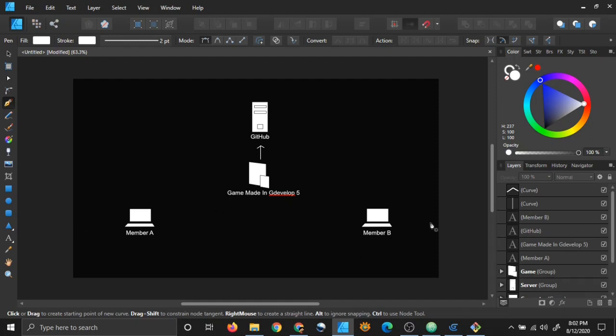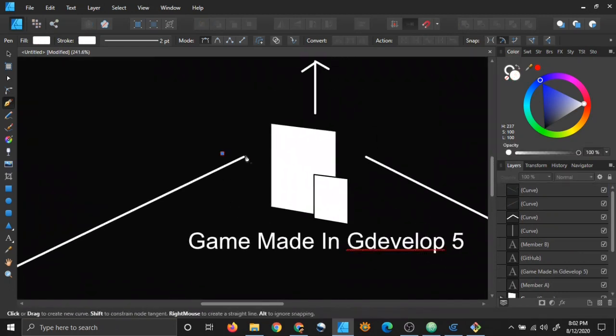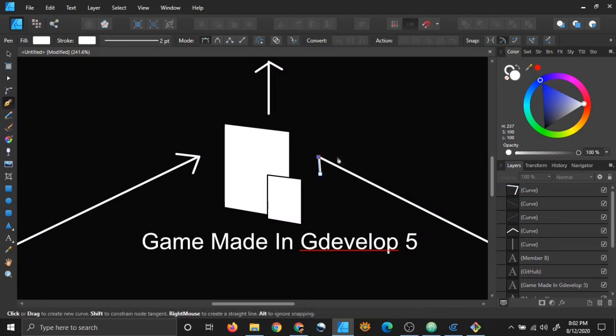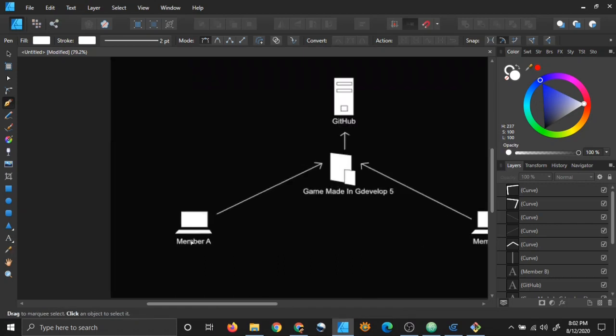Suppose I have two members, A and B. So we are going to use branches in order to collaborate. This member will have a branch called member A branch, and this member will have a branch called member B branch, and you can call the branches anything. I'm just taking an example. So let me type the name of the branch also here.